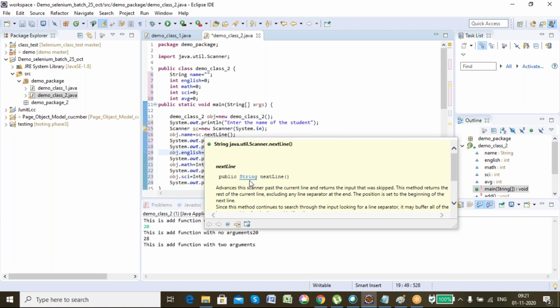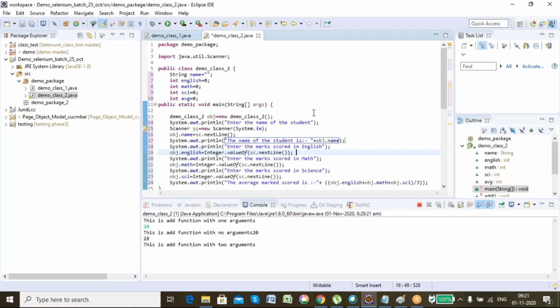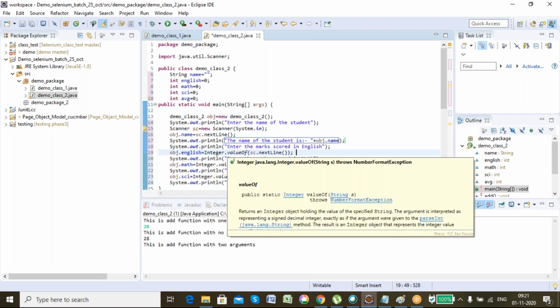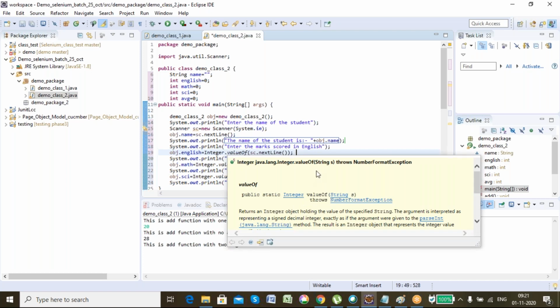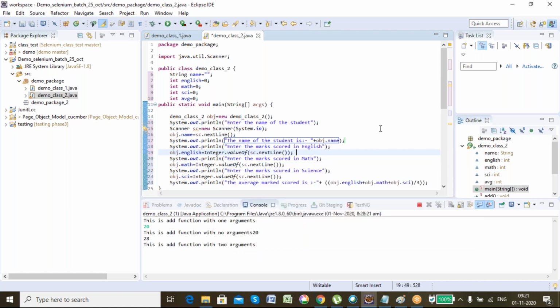We learned the return type yesterday. Now see, when I hover over the valueOf function, what is its return type? Its return type is Integer. It will return me an integer value.